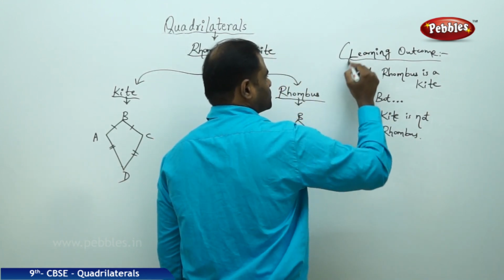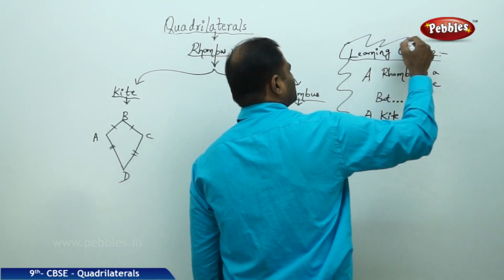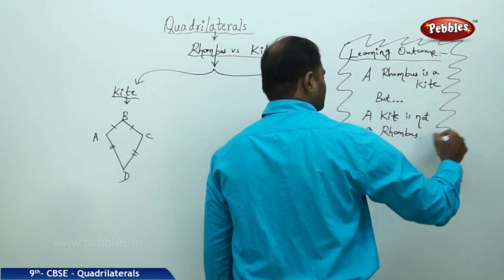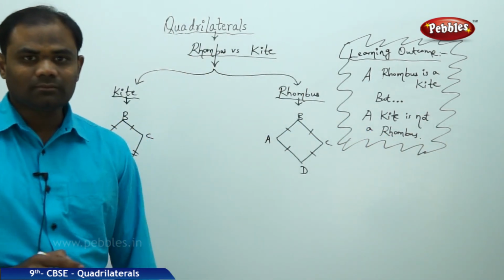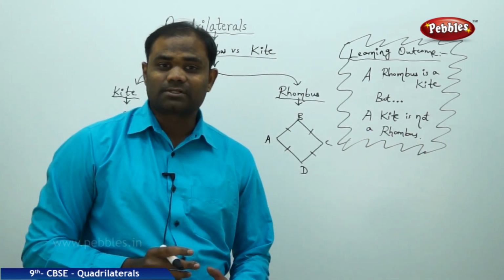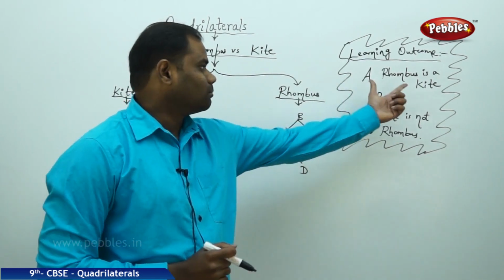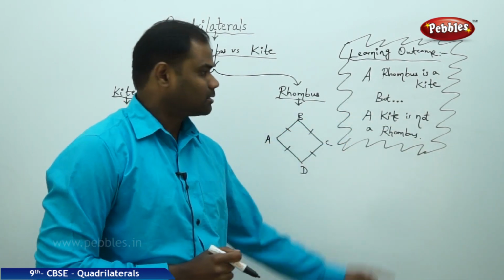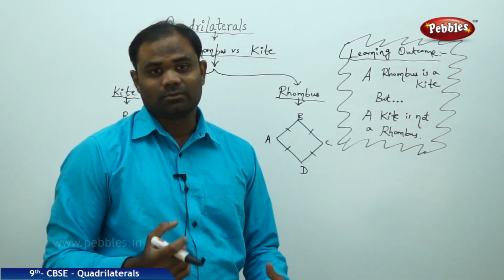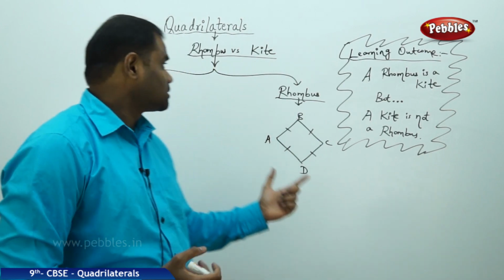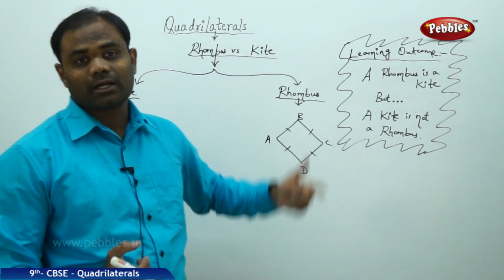That is how I understand the relation between rhombus and kite. A rhombus is a kite, but a kite is not a rhombus, is how the learning outcome relates a rhombus and a kite. Now that we have discussed the different special cases of the quadrilateral, let's take